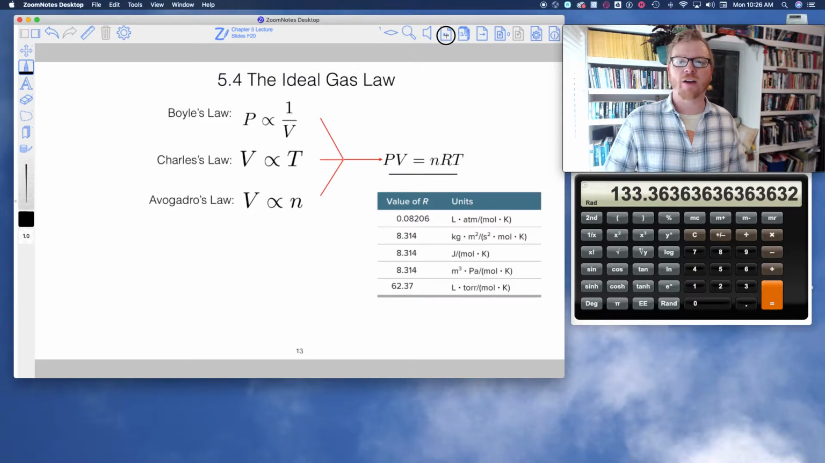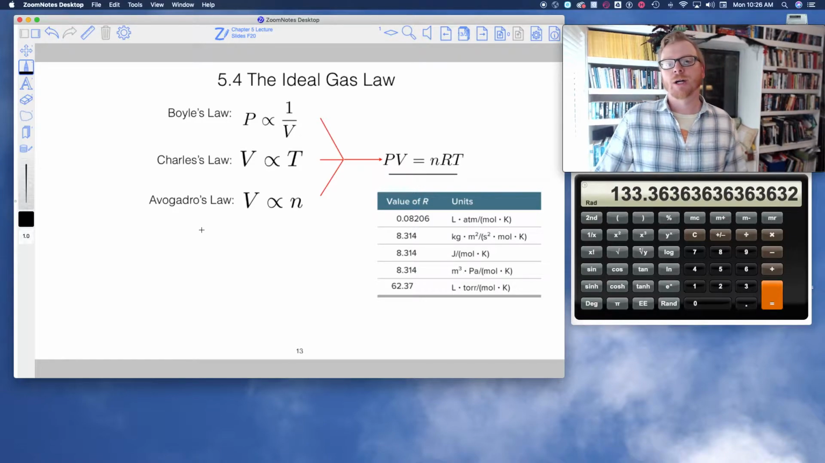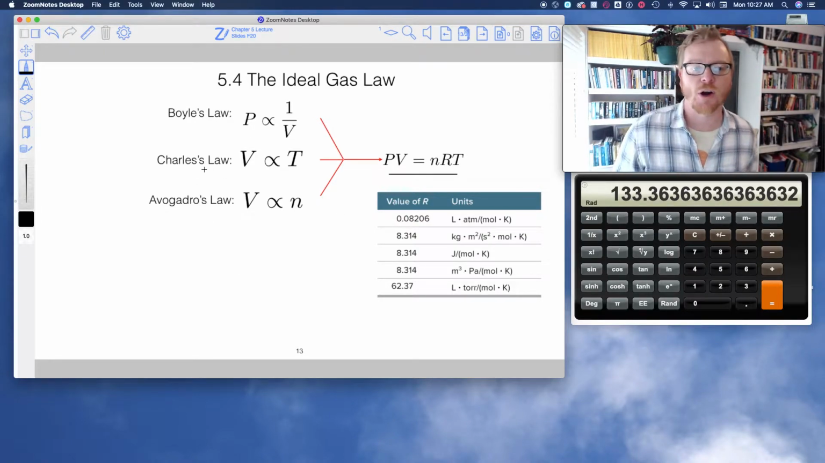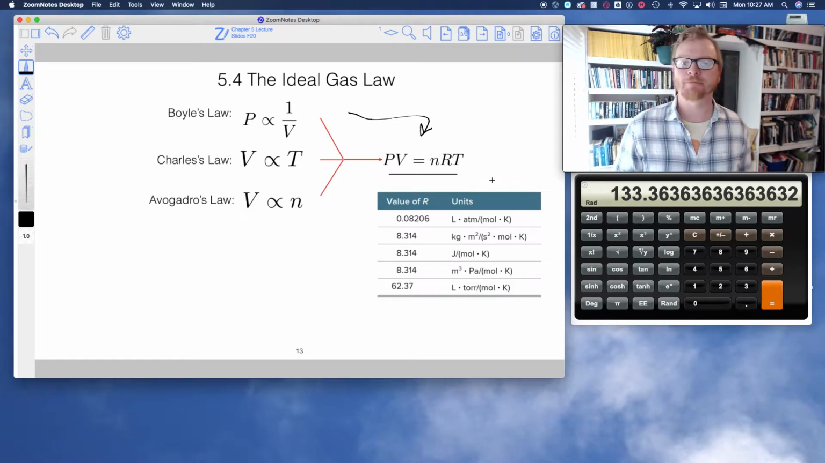I'll summarize this very, very quickly, and then we're going to come back. I'm going to have a whole video on the ideal gas law, okay? So when we take these laws, and I've left out Amontons' law, but if we take Boyle's law, Charles' law, and Avogadro's law, and combine all of these, these are all proportionalities, we get to the very famous ideal gas law, PV equals nRT, okay, so pressure times volume equals the number of moles times temperature times this thing called